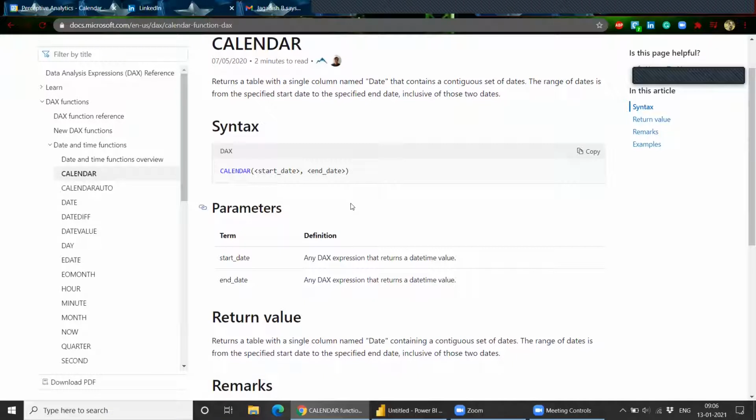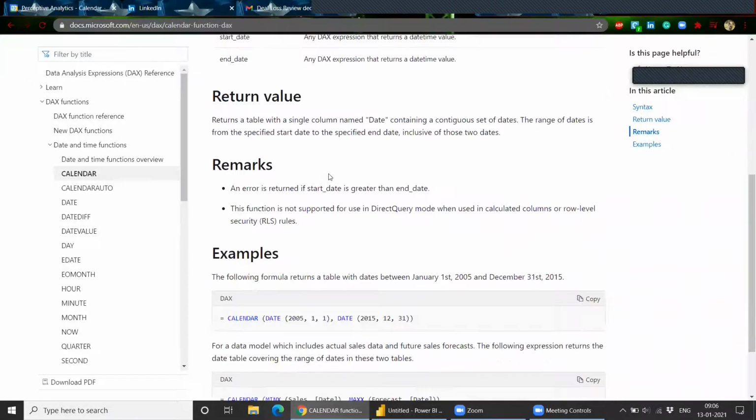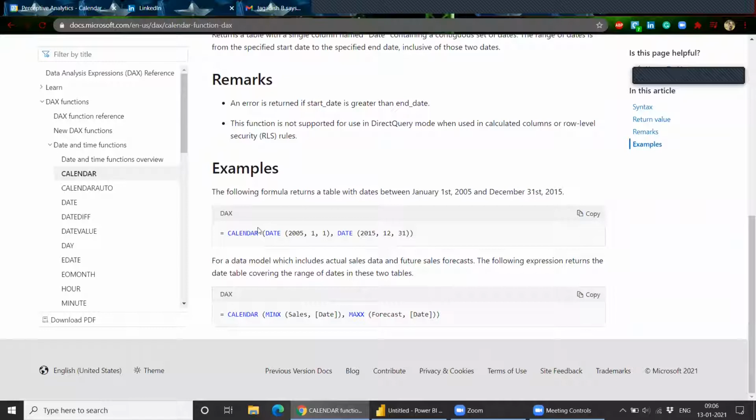This function will create a table that has each and every day from the start date to the end date. If you give 2005 to 2015, it will have every date between 1st Jan 2005 and 31st December 2015.